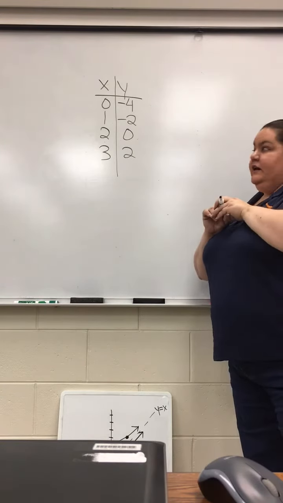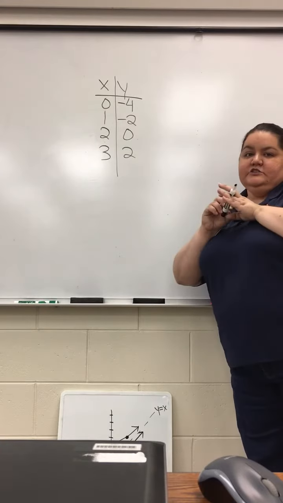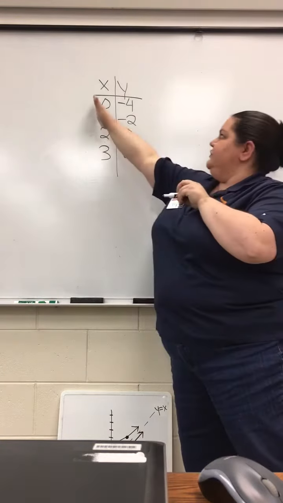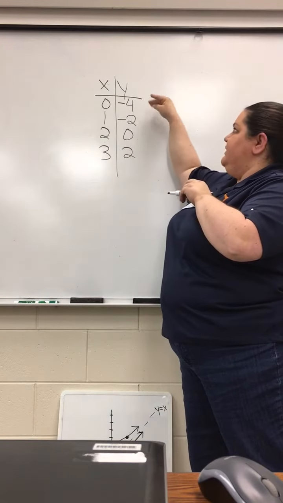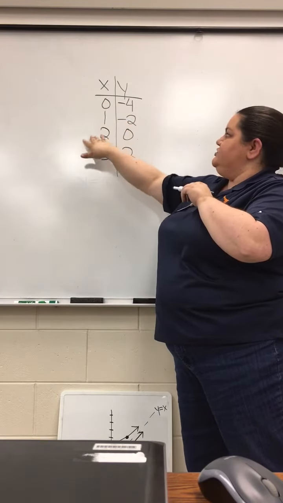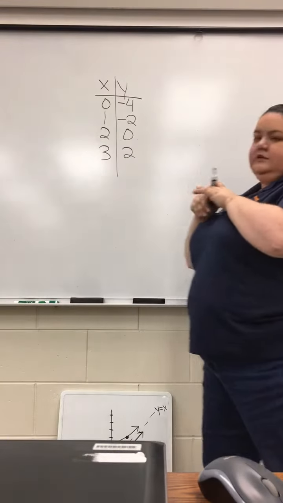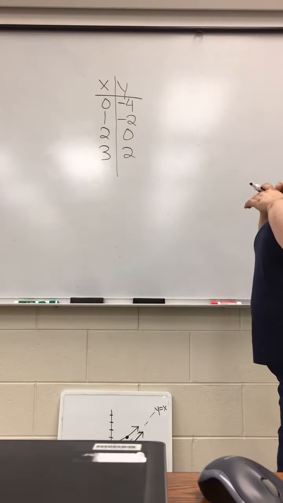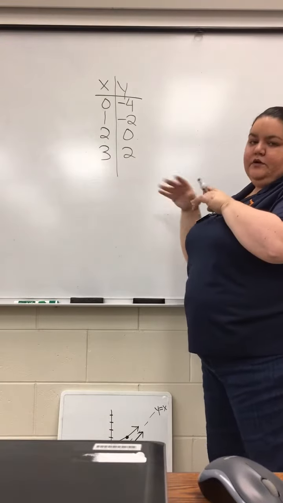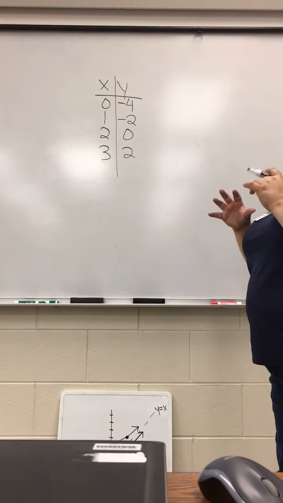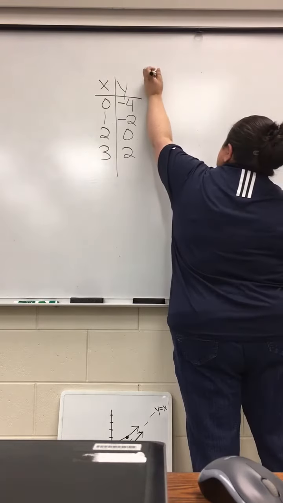Okay, those are just numbers that I pulled out of the top of my head because I'm tired. Normally you would have an equation, say it's 2 to the x, and you're going to have to solve for what 2 to the x would be for 0, 1, 2, 3. You would replace that x with these numbers on the left. But just for a quick video, here are the numbers I came up with. So this is your original plot. You're going to plot that line, and then your inverse